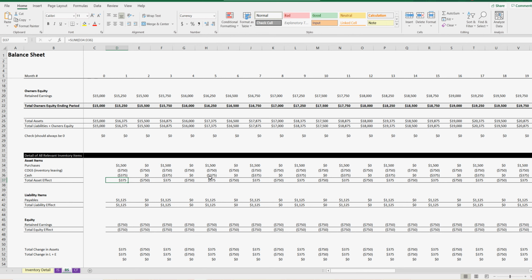As you know, assets equal liabilities plus owner's equity. So now you've got liabilities going up here because we didn't pay for all the inventory yet, but we've purchased it. So liabilities is the difference, and then retained earnings is going down by 750, and that's because we have